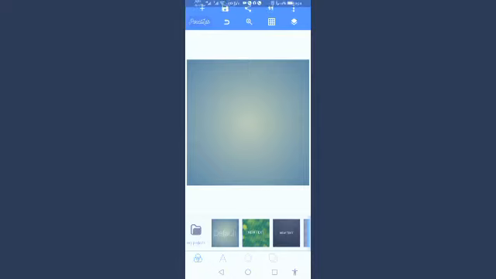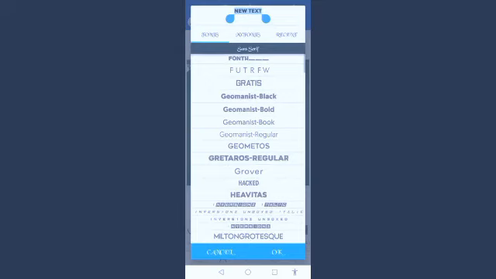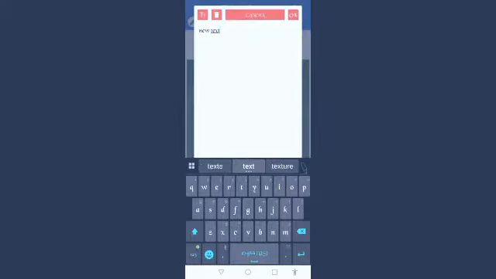Okay, so I want to start this way. I write my text. I told you, for you to write a text, you always have to get your Geographos Regular. You choose your font. I want this font. Then I edit my text. So I want to write Medwin Digital Academy